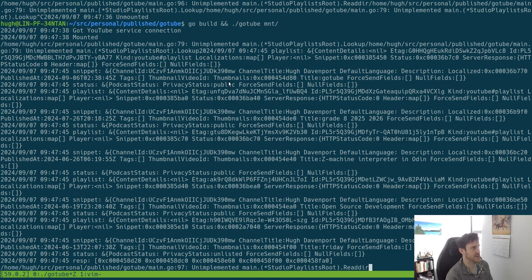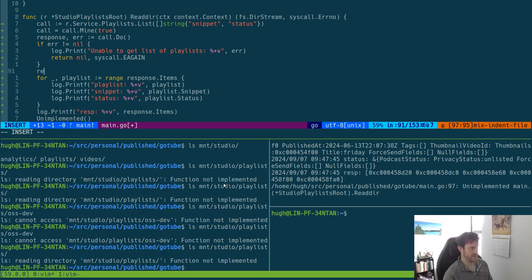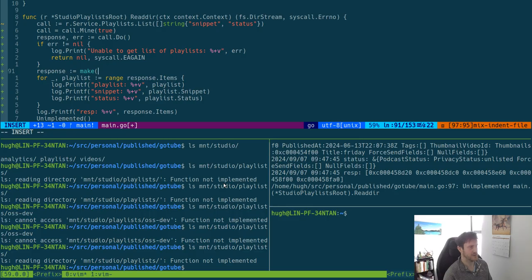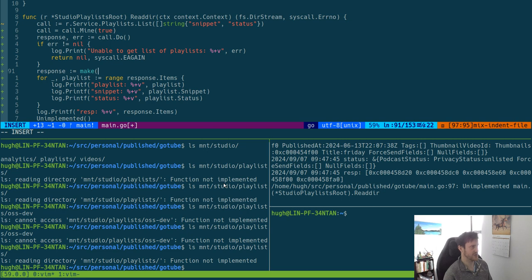Status, so we can see the privacy status in all of them. Right, so we probably want to have a response like that. And what did that need to be? It needed to be a fuse dir entry, but a fuse dot dir